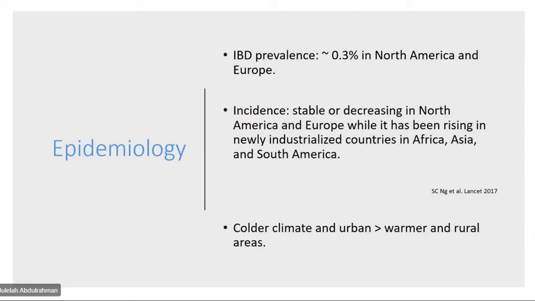I would tend to say colder climate and urban living. If you're living in the cities and big towns, you are more prone to develop autoimmune diseases in general, and IBDs among those. But if you are born, for example, on a farm or in a small village or small town, or raised in rural areas, this decreases the likelihood of developing autoimmune diseases, and this supports a little bit some of the role of vitamin D